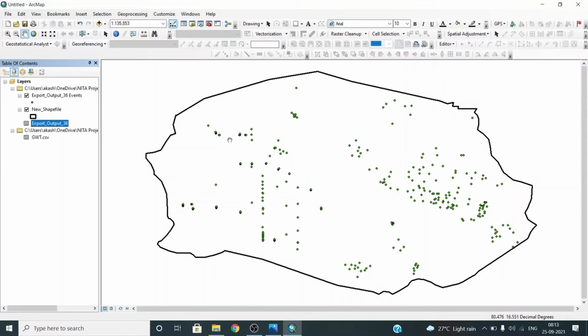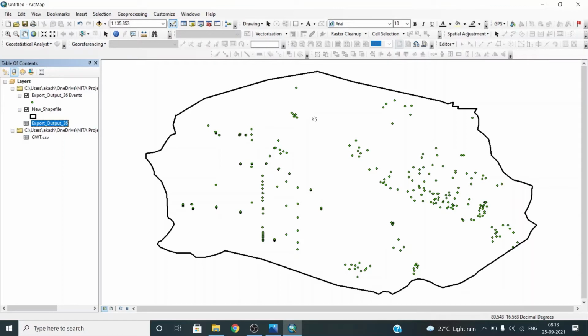That will estimate the depth of our groundwater at these empty points. We have groundwater table depth for these points, but for the empty points we do not have. So to fill these points, we have to interpolate our data, right?